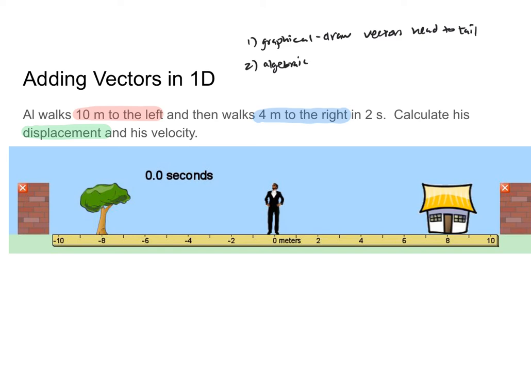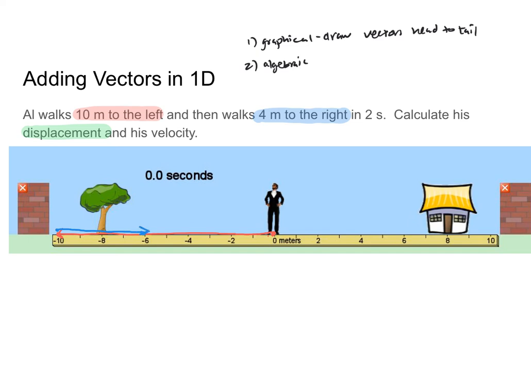So I'm going to start by having Al walk 10 meters to the left. So he starts here, and I'm going to draw a vector that points 10 meters to the left, like so. Then I'm going to draw my vector pointing 4 meters to the right, and I want to do that by connecting my vectors head to tail. So I'm going to draw the beginning of my new vector starting where my 10-meter vector ended, right at the arrowhead. And I'm going to draw a vector that is 4 units long, 1, 2, 3, 4, and pointing to